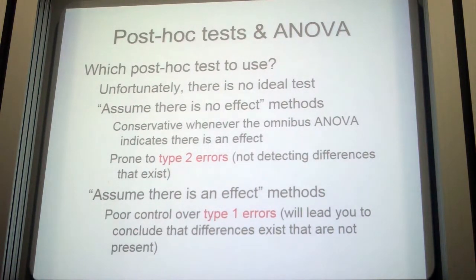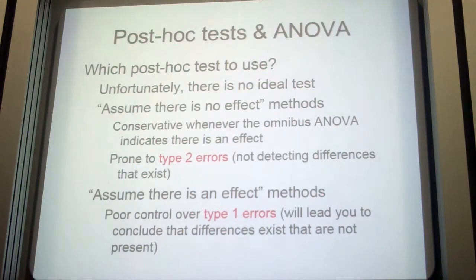You can assume that there is no effect methods. That's the standard sets of them. We know that that's going to be conservative when the ANOVA indicates that there is an effect. So we're going to assume there's no effect, but we know that there is one, really, is necessarily going to be conservative. That means it's going to miss differences that exist. And you have to decide how important that is